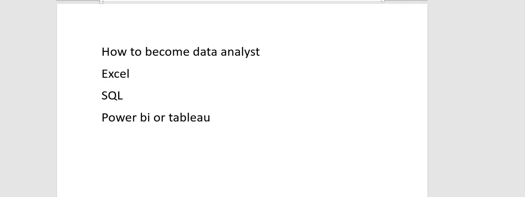Okay, mainly we need to focus on BI only, because most of the work as a data analyst is in a BI tool like Power BI or Tableau. Excel and SQL are the basic things. Excel we need to learn more. For SQL we need to learn querying and debugging, like we need to extract the data